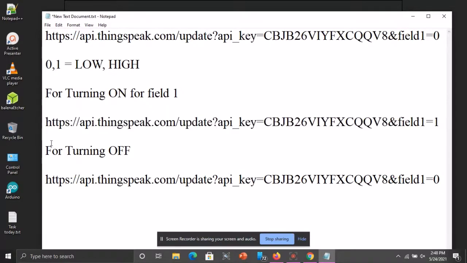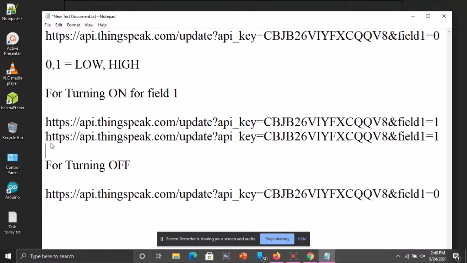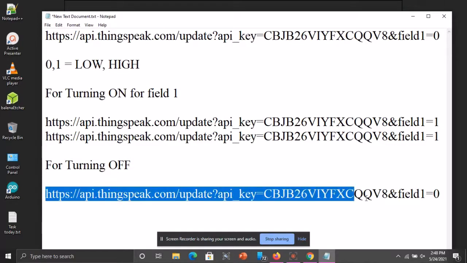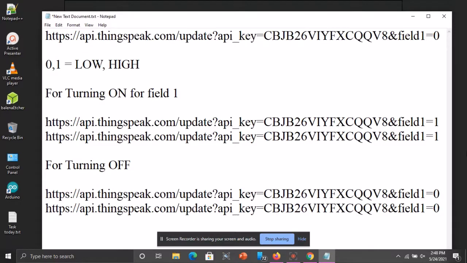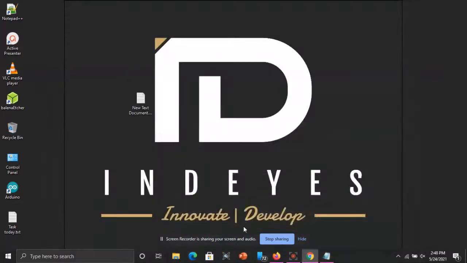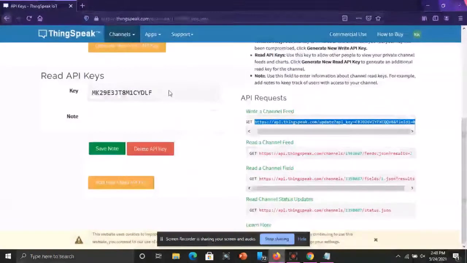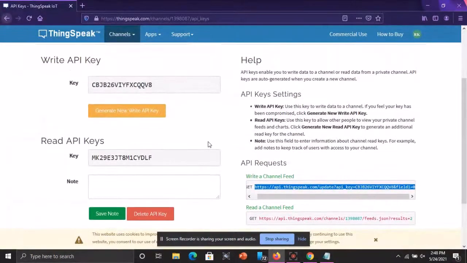So these are the API keys or URLs through which we can communicate with our server, for turning on and turning off. Clear? So this was the entire setup of our ThingSpeak server.